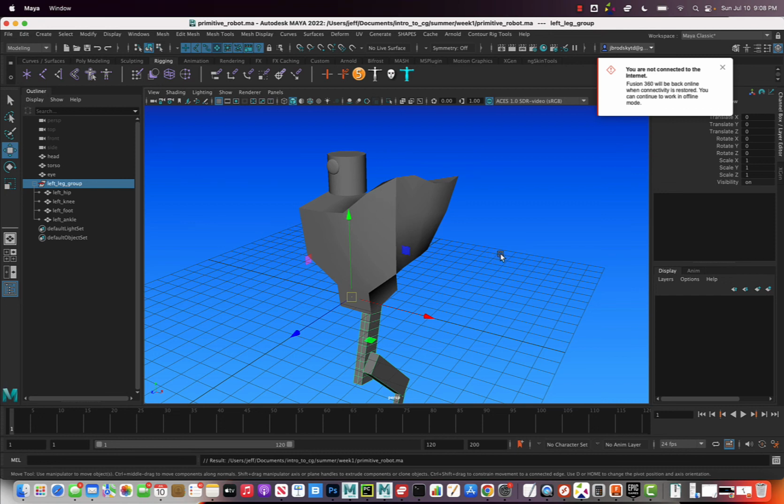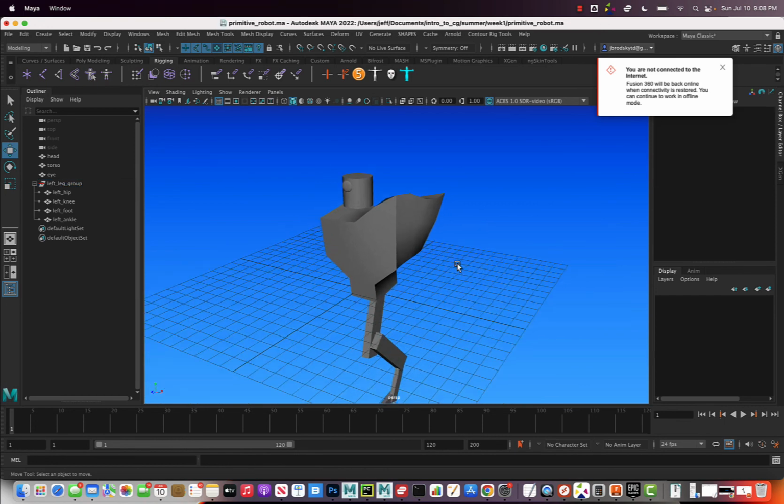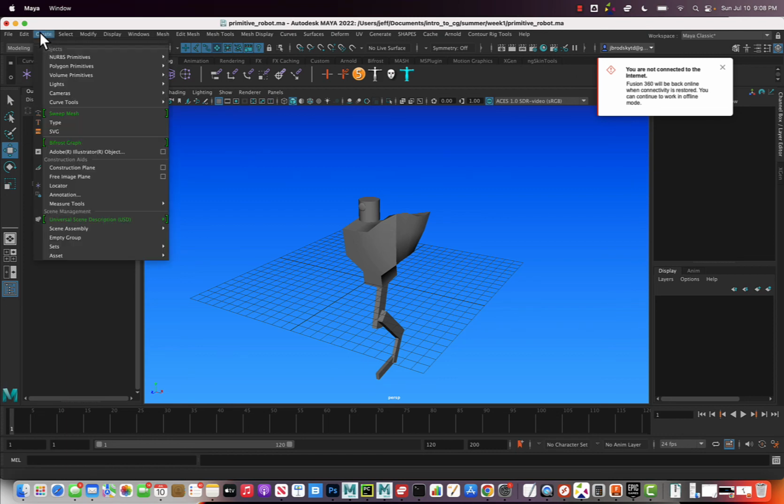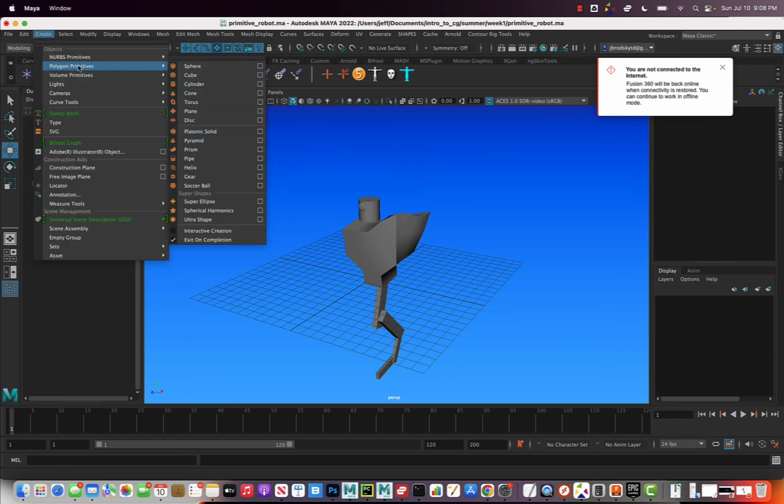Yeah, that's pretty much it. The main goal is to just mess around and create something with some primitive shapes. Feel free to explore and create. Go to Polygon, create Polygon primitives, and just mess with all these different things and see what they do. There's some pretty weird stuff that is a little bit new that I've never really messed with, but we'll get into some more